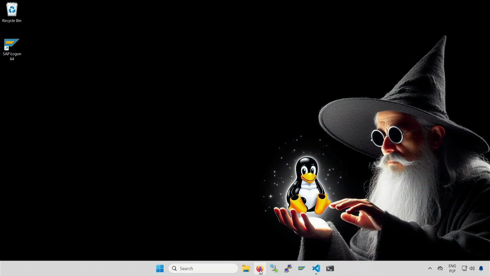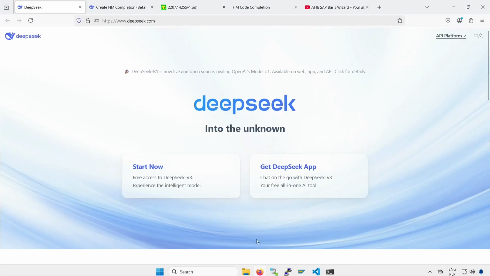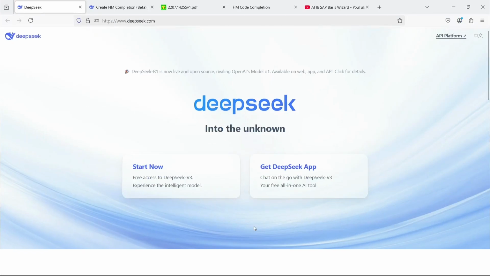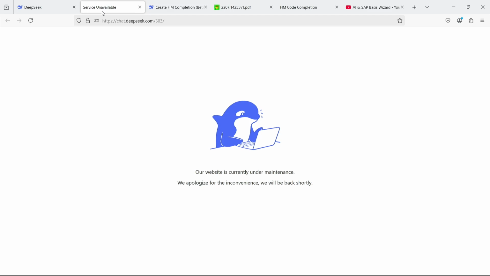Let's kick things off with the company that's been making all the headlines lately. This is the player that's made a huge splash in the AI world and stirred up a lot of heated debates amidst various controversies. Unfortunately, growing popularity also comes at a cost. DeepSeek is definitely overloaded. Not everything works here, and don't expect the model to respond quickly. Sometimes you'll need to be patient and wait a bit.